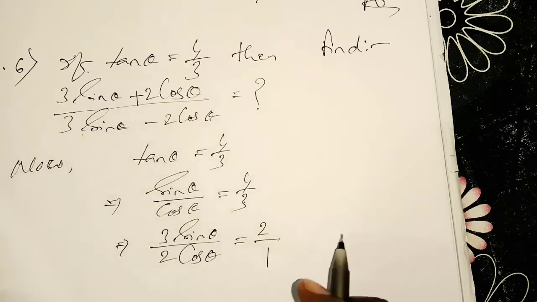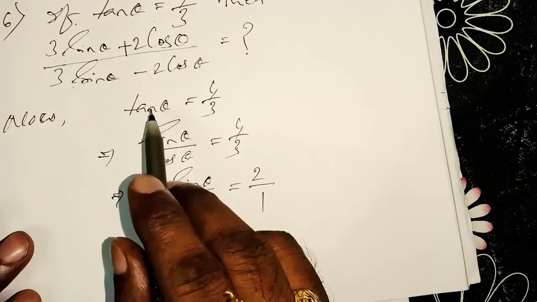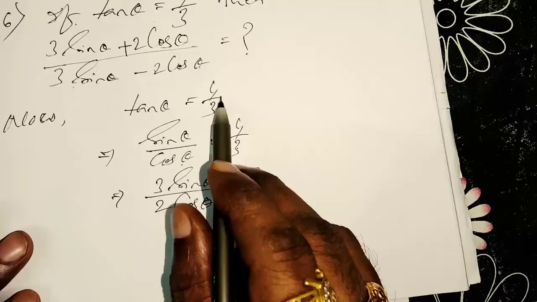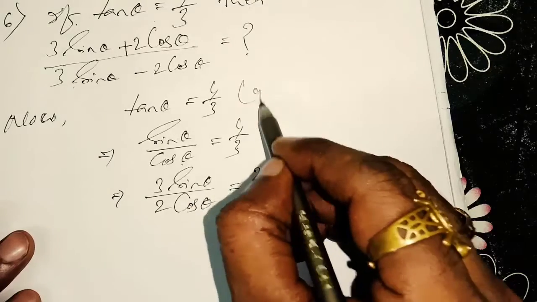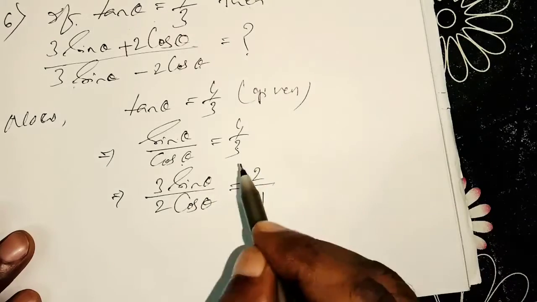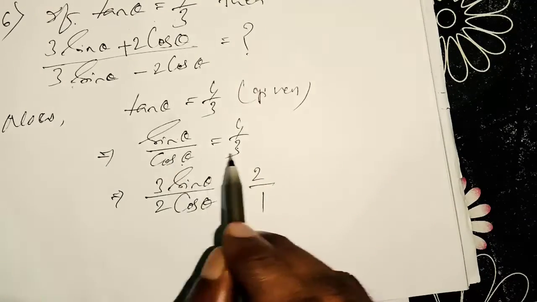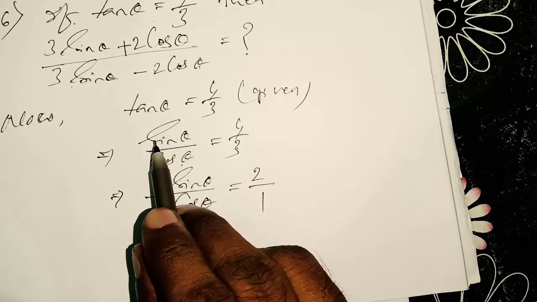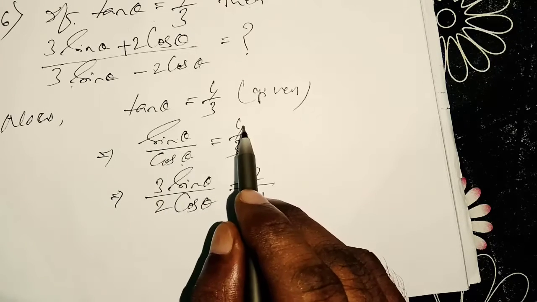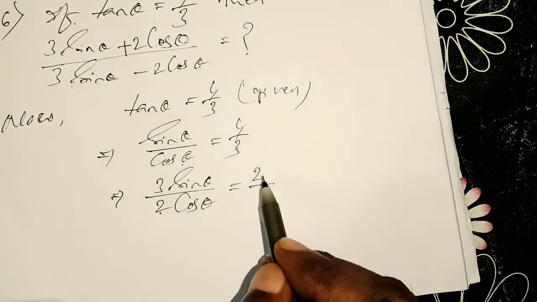See, this is the technique I have applied here. Tan theta means sin theta by cos theta. 4 by 3 is given in the question. Just copy it here for your convenience. We need 3 sin theta. Just multiply these 3 here, 3 sin theta, and from 4 I have taken 2 here and 2 is left, 2 by 1.